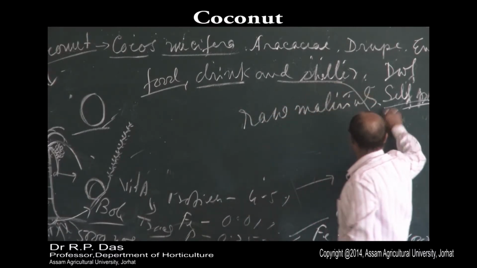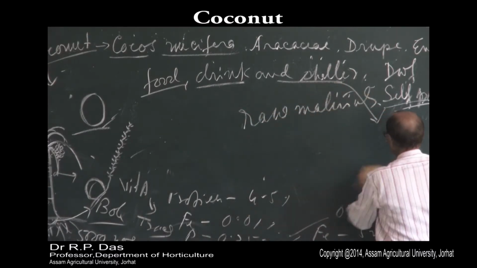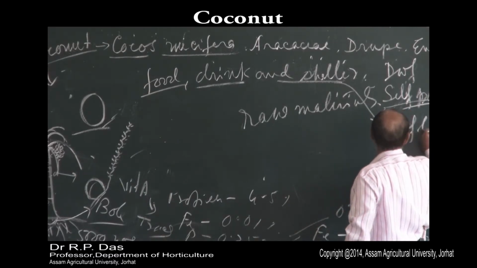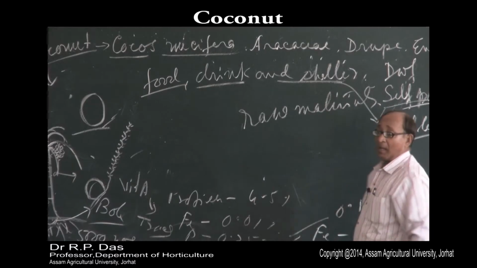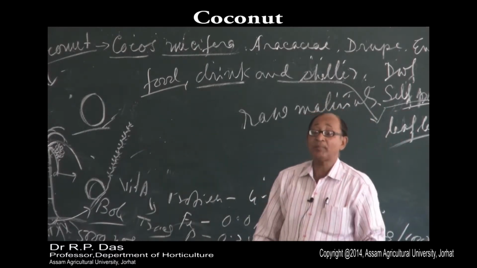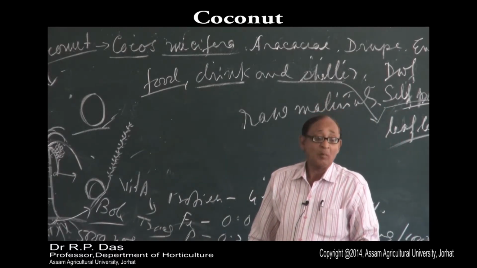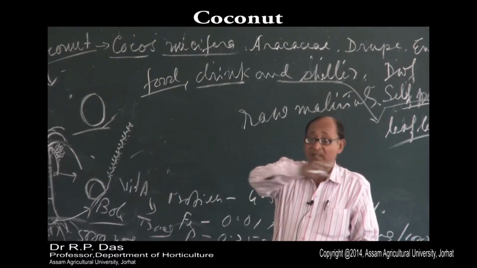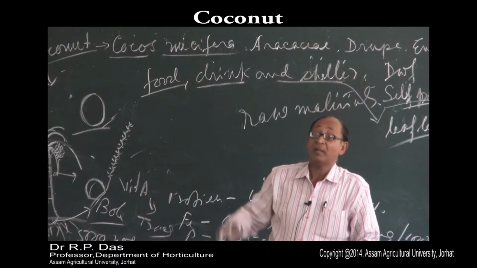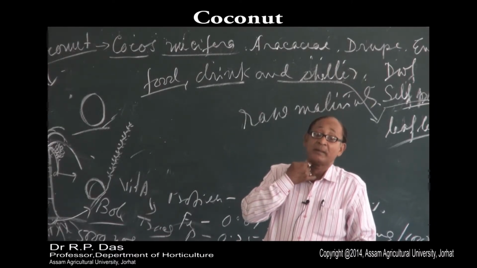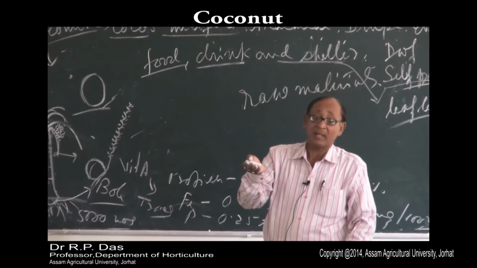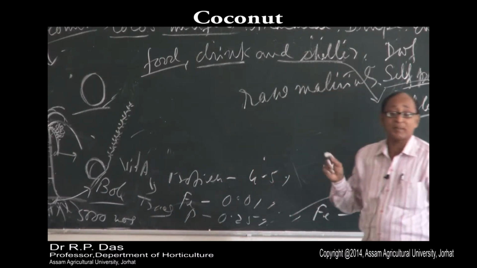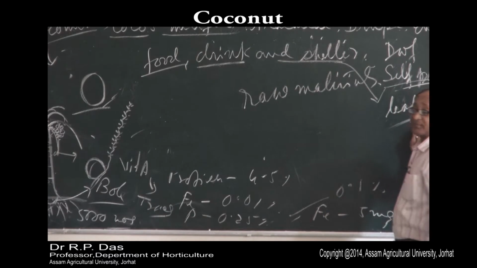That shelter, the gigantic leaves and leaflets widely used as a roofing materials for construction of thatch house, which is a common scenario you will find in Kerala, Tamil Nadu seashore areas, Andaman Islands, Nicobar Islands. This is the common scenario of roofing materials, leaflets.